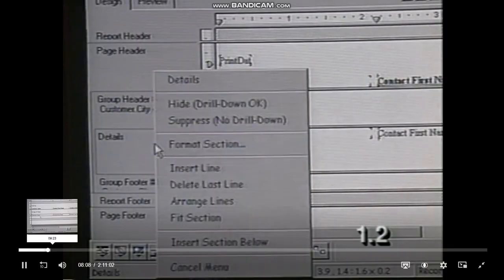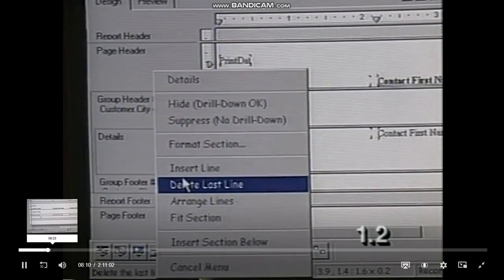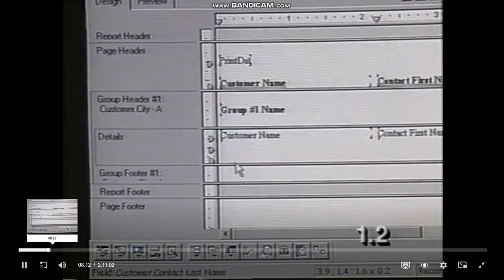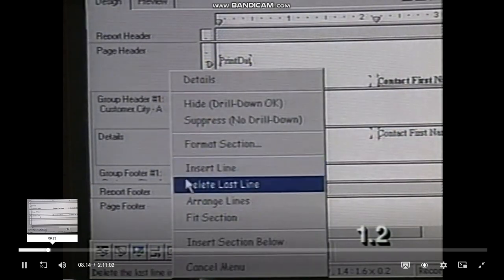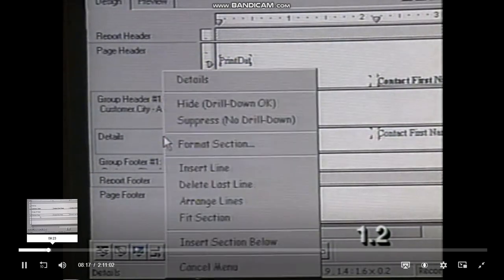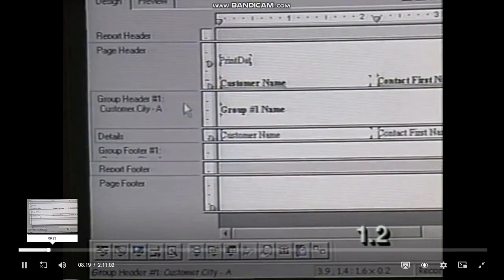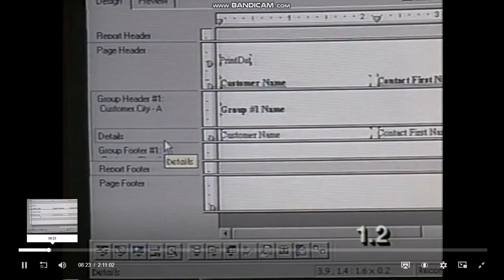I can also delete lines from the section. I can delete the last line, it deletes the very last line, and I can continue to delete lines one line at a time. So that's another way that I can change the size of a section, inserting or deleting exactly one line. We're going to spend the last portion of this section covering the Section Expert,